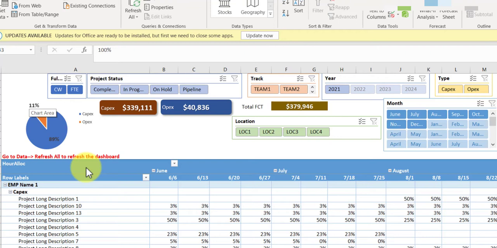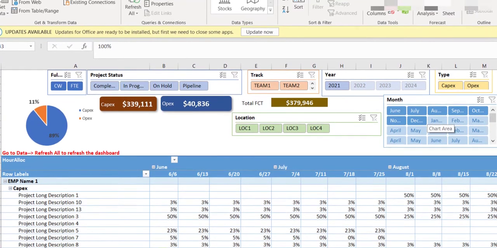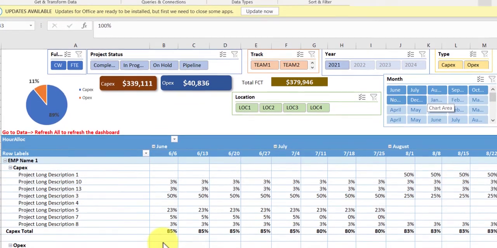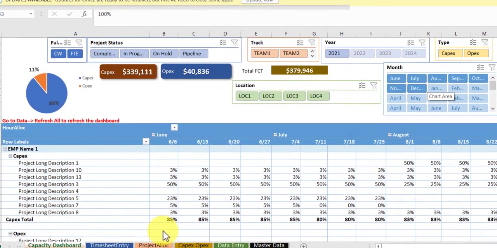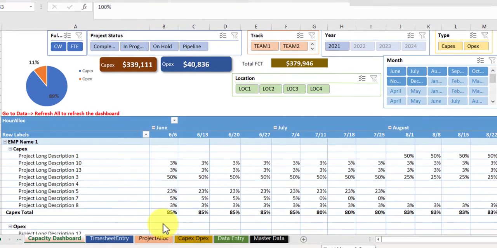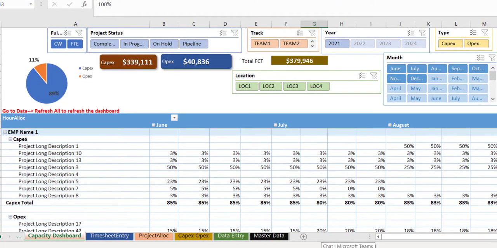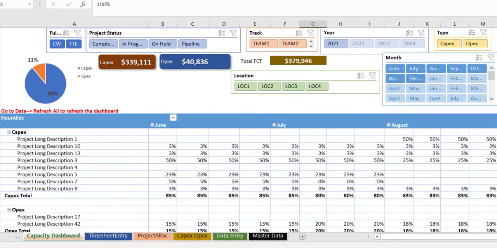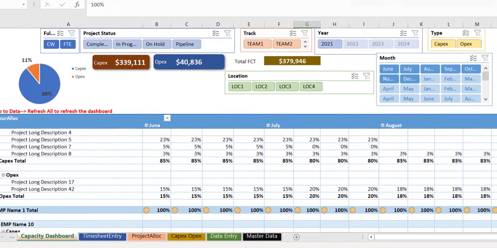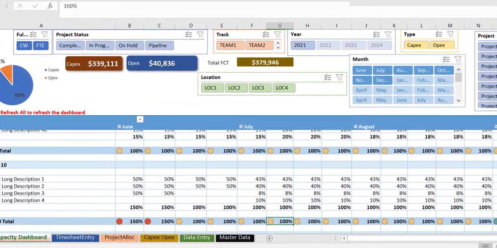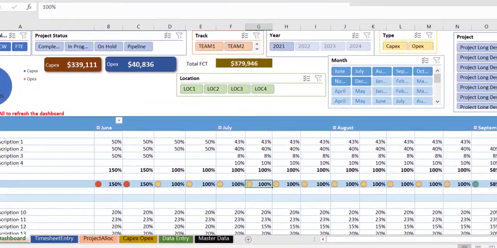You can basically use this simple sheet to see how much you are able to spend, or based on your location or based on your team size, how much you are projected to spend. And also you can see how much your resources are loaded, under which projects they are loaded, and whether they're 100% allocated or do you have any room for further allocation.